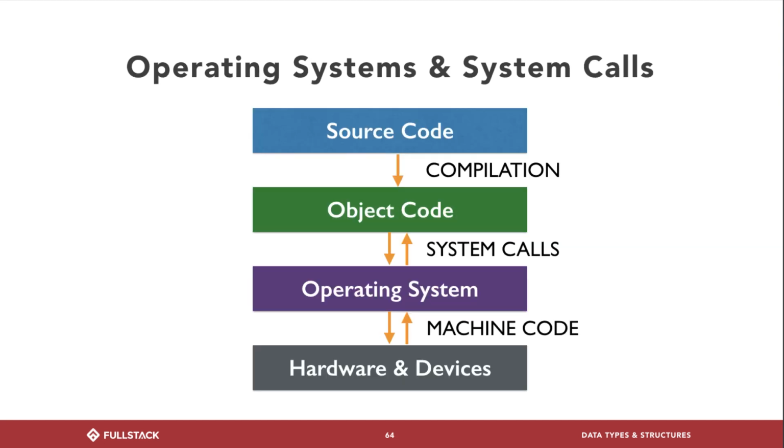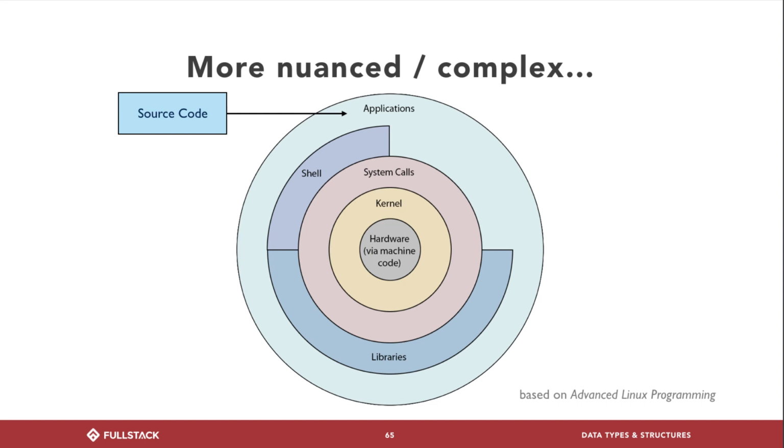Now, this gets a little bit more complicated. We say that we translate source code to object code, but the object code might not be machine code. It might be another language which the operating system uses, and the operating system talks to the hardware. And there are more layers where you've got a kernel of the operating system, and you've got system calls for the operating system. And the thing that I really want you to take away from this is not any specific exact understanding of these layers, but just knowledge and understanding that all of programming and all of computers are shells